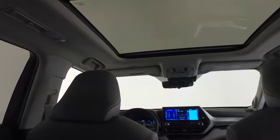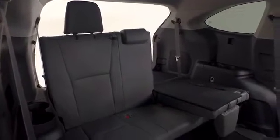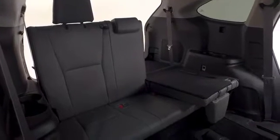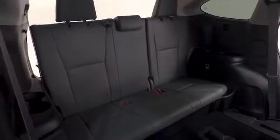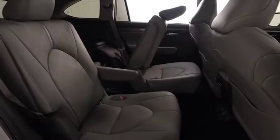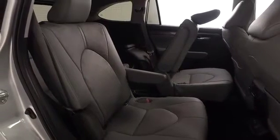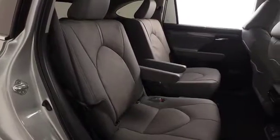Once inside, you'll notice the power panoramic view moonroof with sunshade and one-touch open-close with jam protection. The 60/40 split fold-flat third-row seats help you maximize cargo area configurations, and rear seating options are also available. This Highlander really does put the utility in sports utility vehicle with heated second-row fold-down captain's chairs and fold-down inboard